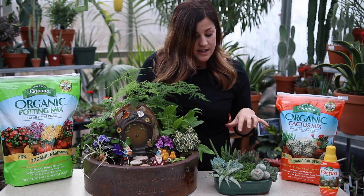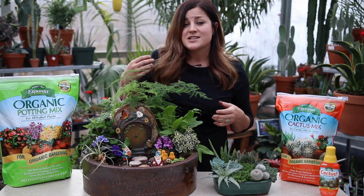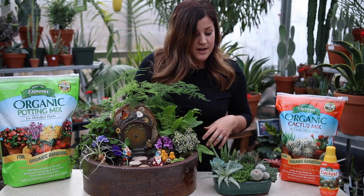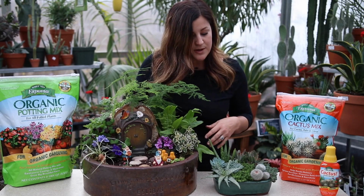Well, if you pack your succulents in this tight, it actually slows their growth rate down quite dramatically, and they will stay like this for quite a long time. So I could expect to get about a year out of an arrangement like this without any major grooming or overhaul on the plants. With the sedums, you might need to pop one out here or there just to make a little bit of room and then groom off any dead leaves or anything like that,